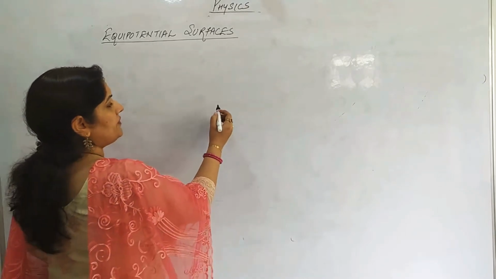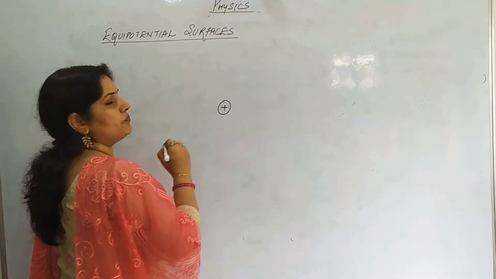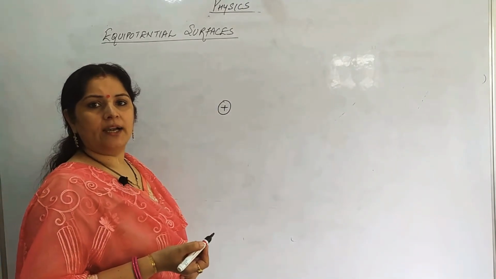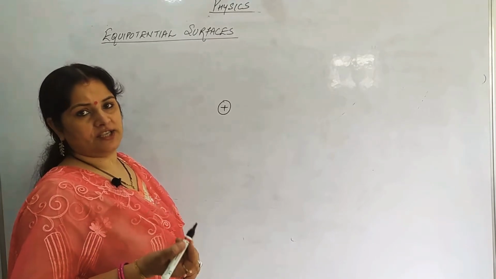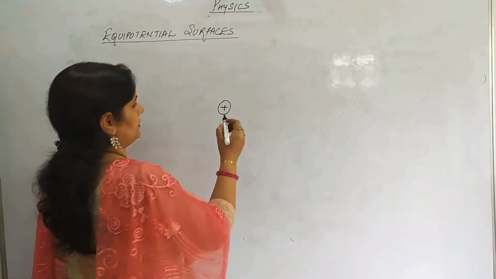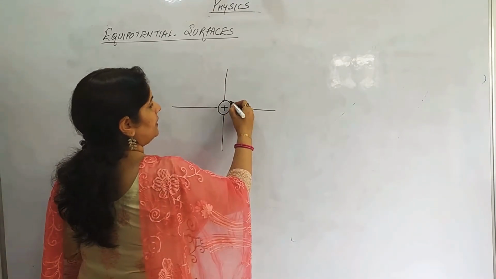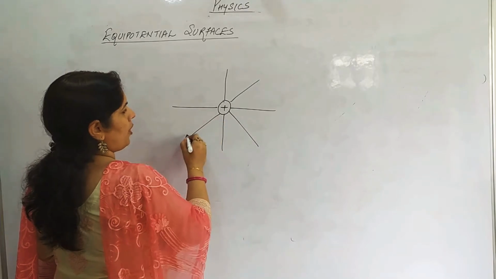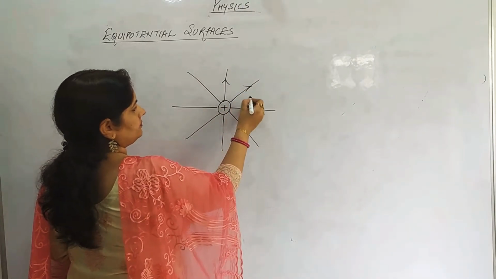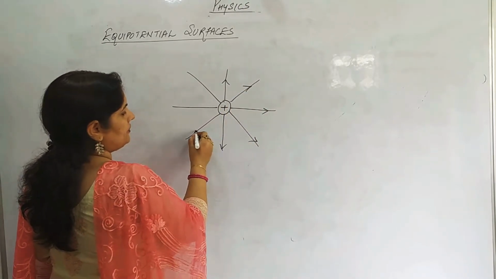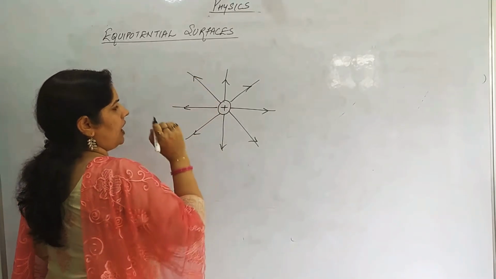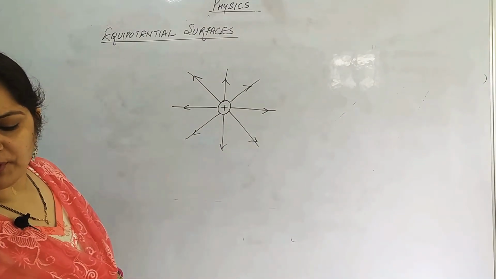So for this we have taken a positive point charge, and we know that due to a positive point charge the electric field lines are always outwards. So that is how we can draw the electric field lines due to a positive point charge. This is the direction of electric field lines, radially outwards. Now suppose I have taken a point